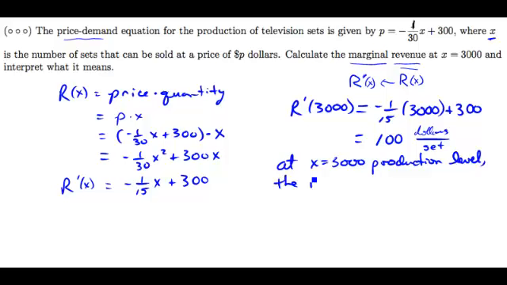And the interpretation of this is that at the production level of 3,000, the revenue is increasing by $100 per TV set. What this means is that if I increased production to 3001,